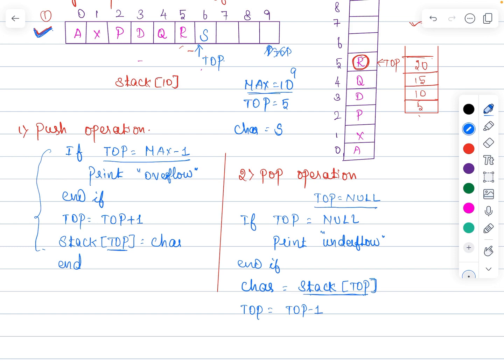So after executing this statement, the topmost element, which is S, right? The topmost element is S. So S would be stored under the character variable. After fetching the value and storing it under the character variable, now you can decrement the top equals to top minus 1, which means after executing this statement, now my top